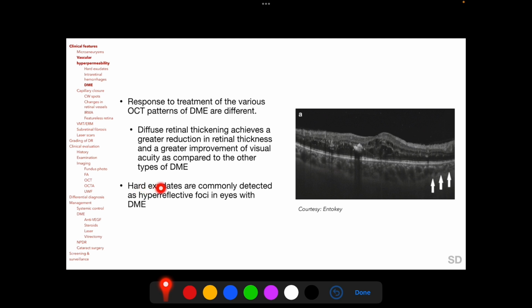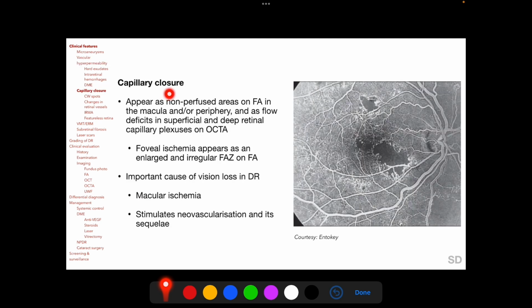Hard exudates are also commonly detected as hyperreflective foci in eyes with diabetic macular edema, as seen here in this OCT. Capillary closure is the other vision-threatening pathologic feature of diabetic retinopathy, and it appears as non-perfused areas on fluorescein angiography in the macula and/or the periphery, and as flow deficits in superficial and deep retinal capillary plexuses on OCTA. Foveal ischemia appears as an enlarged and irregular foveal avascular zone on fluorescein angiogram, as seen here in this